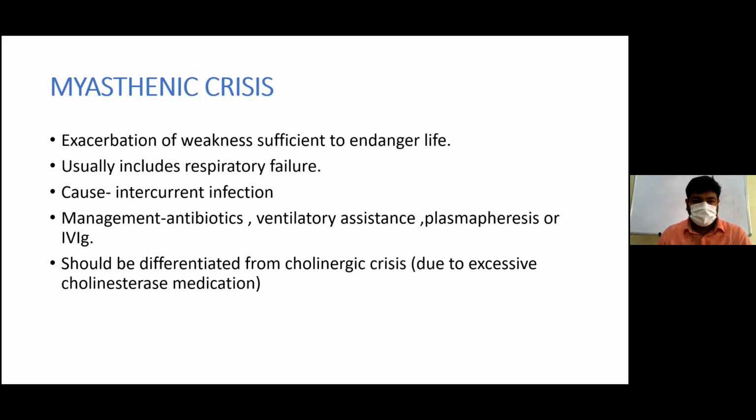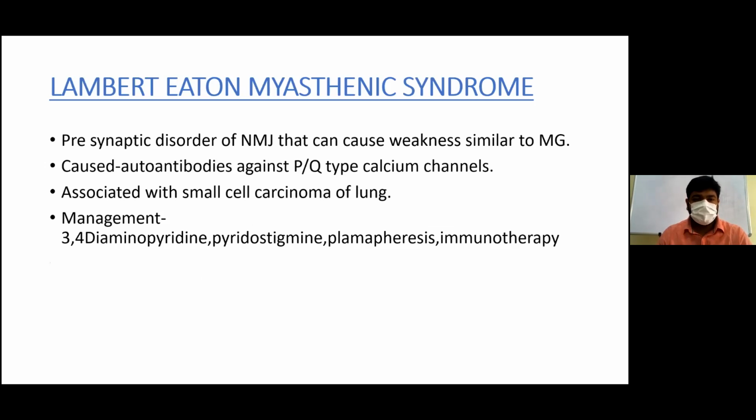So the myasthenic crisis should be differentiated from cholinergic crisis. This is done with the help of edrophonium. If the condition improves by giving edrophonium, it is myasthenic crisis, and if the condition further deteriorates, it is considered to be cholinergic crisis. Coming to Lambert-Eaton myasthenic syndrome, this is considered to be one of the differential diagnoses of